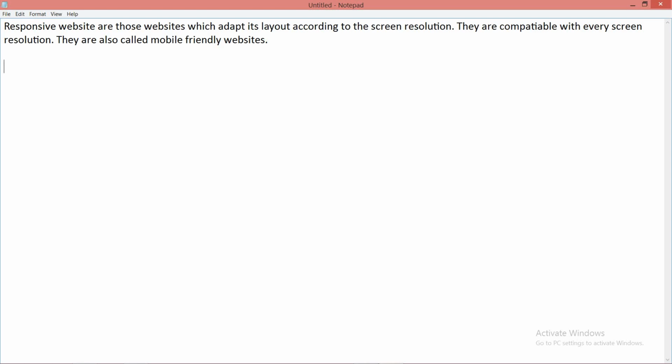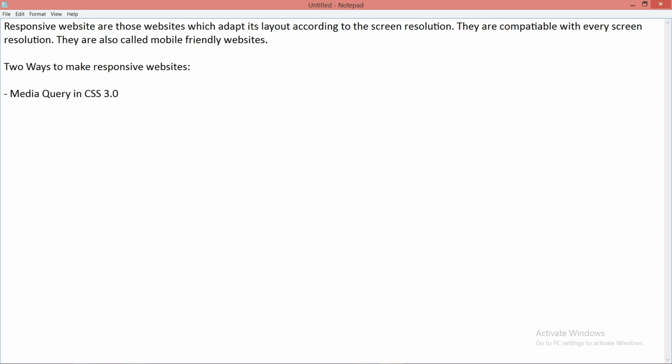Now, to make a responsive website, there are two different ways. The first one is to use media queries in CSS 3.0.